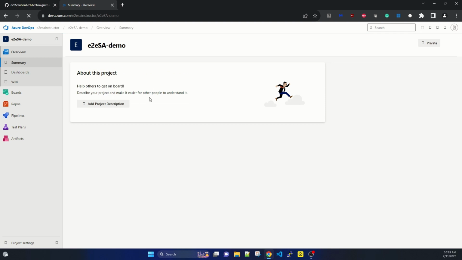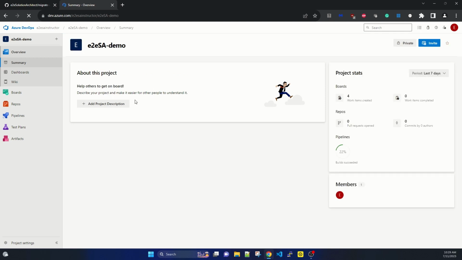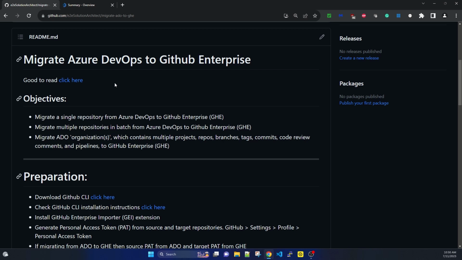Now, suppose for a business requirement, you need to migrate your Azure DevOps to your GitHub Enterprise. In my past sessions, you have seen how I signed up for the GitHub Enterprise, the cloud version. Okay. So in this session, I will show how we can do the migration of Azure DevOps to